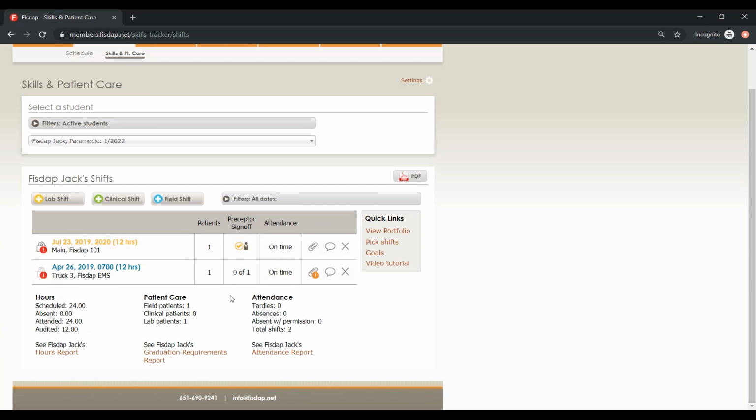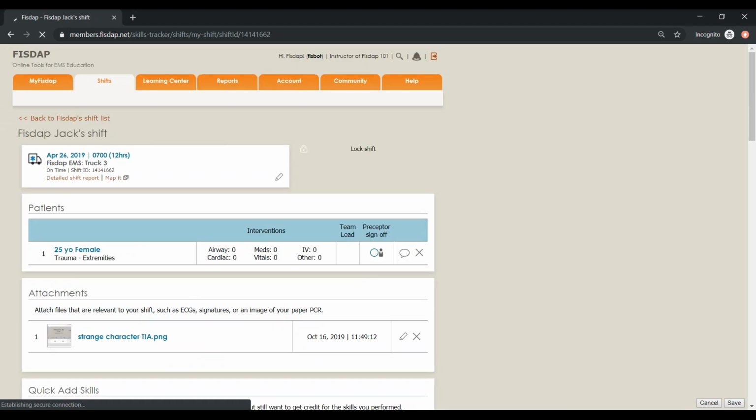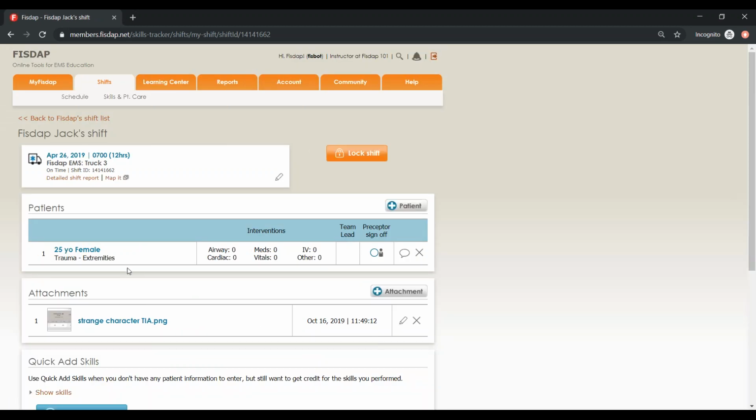Or apparently not. I apologize. I will go ahead and look into that. Normally that should take you right to the sign off. But the other way to get there, in case it doesn't work, is to head into the shift itself,